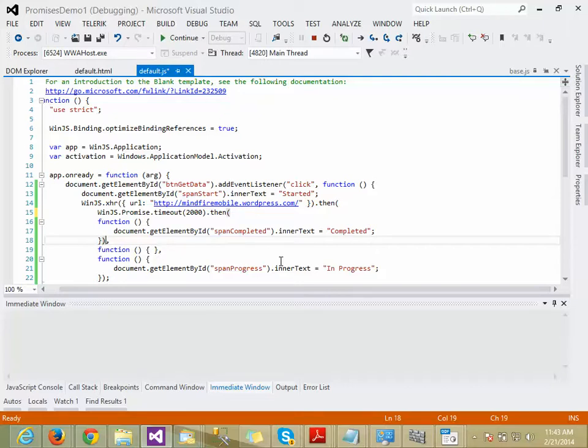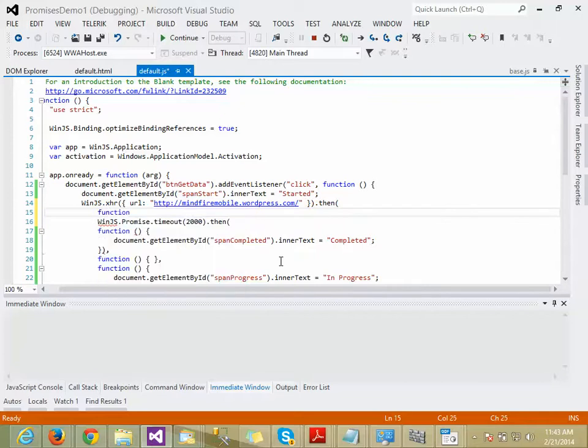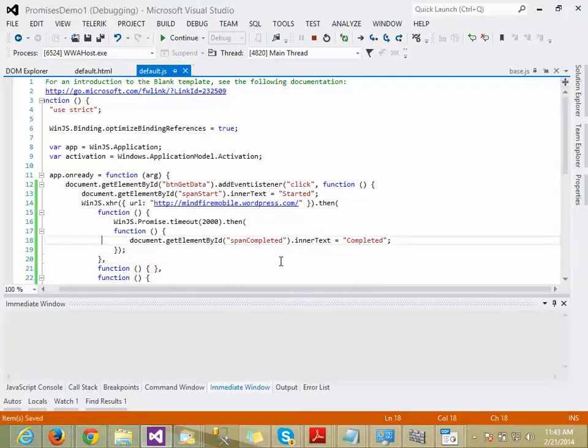Yes, correct. We are waiting and completing. Okay, so this is how the chaining works.